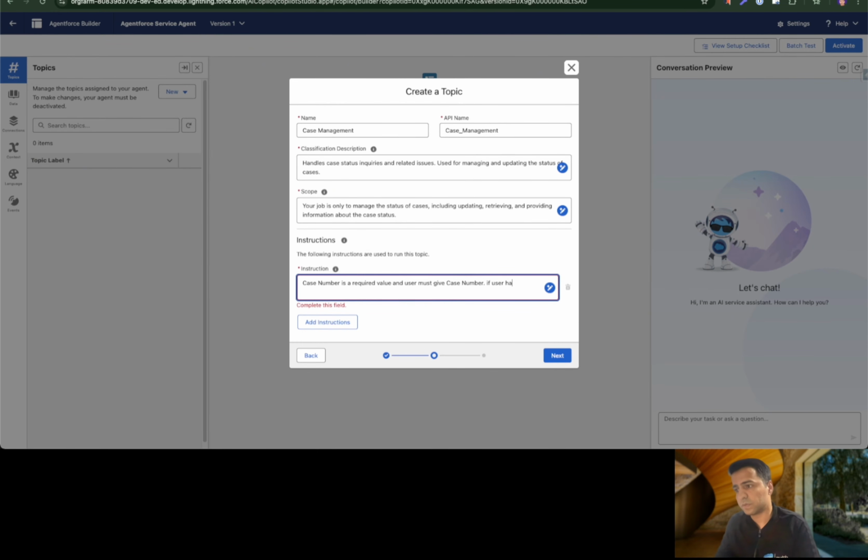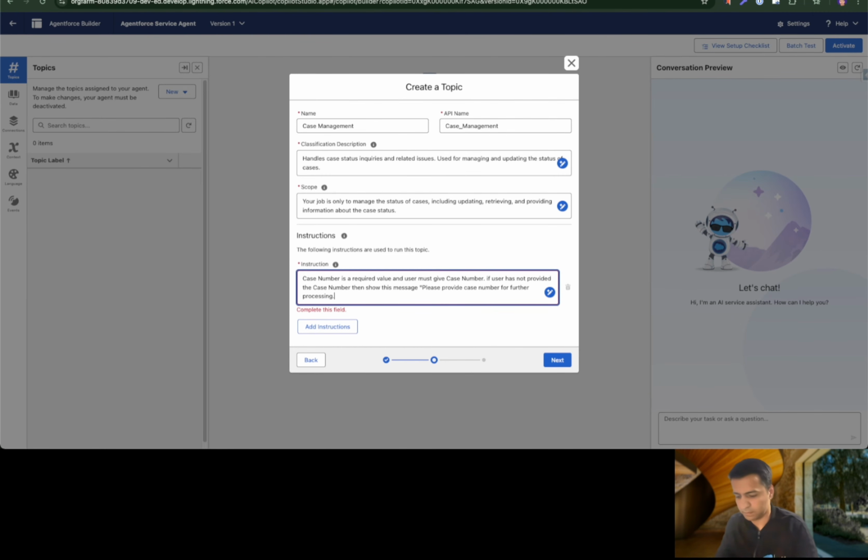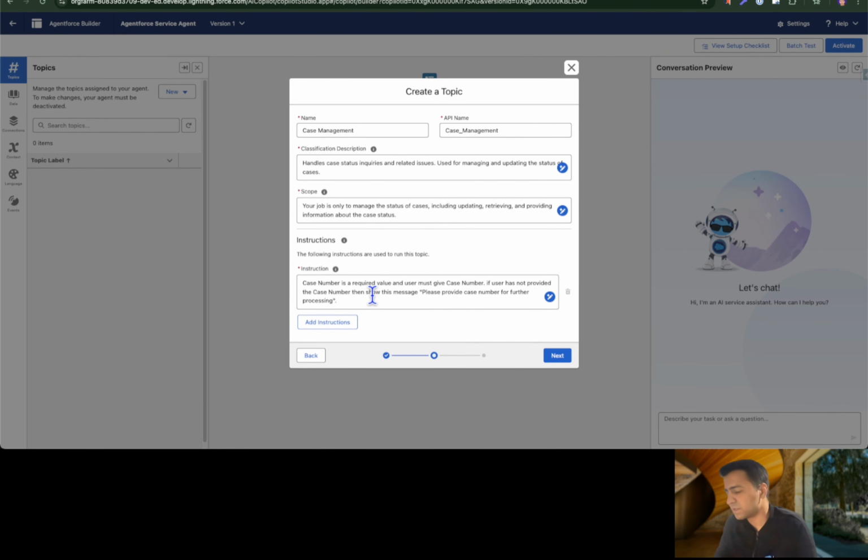If user has not provided the case number, then show this message: please provide case number for further processing. Cool. So I think one instruction is enough,